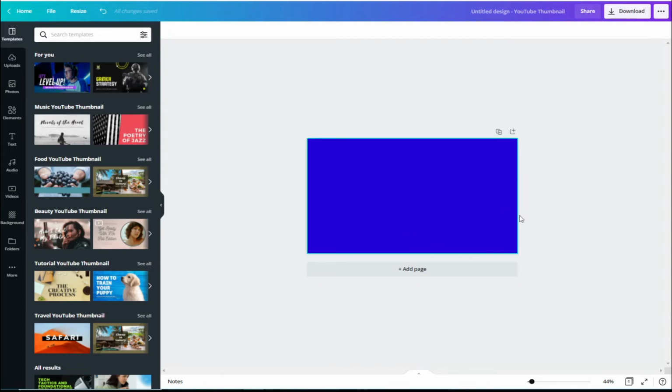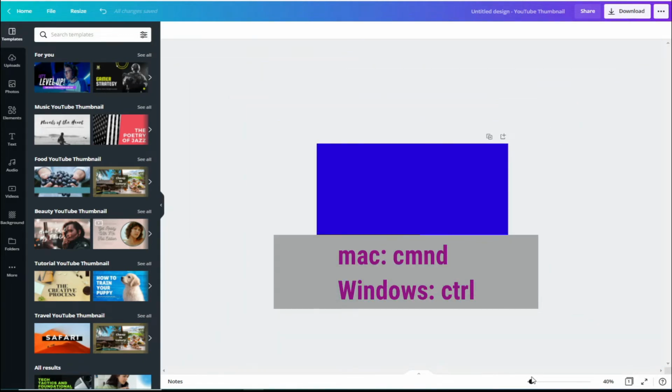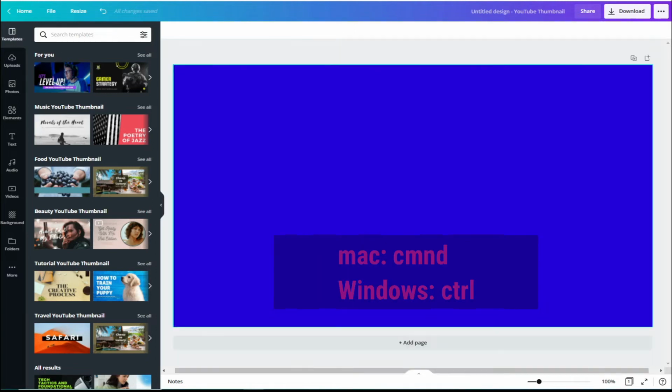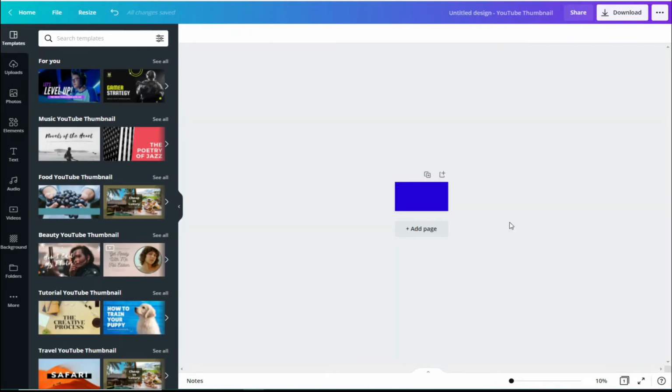The next tip is zooming in and zooming out. Sometimes the element and the canvas look quite small on the screen. So what you want to do is use the zoom feature. You can either use it from here by selecting the percentage, or you can use the command key on the Mac or control key on the Windows system and then plus minusing on your keyboard like so. My favorite way to do it is holding the control key and scrolling up and down using my mouse.